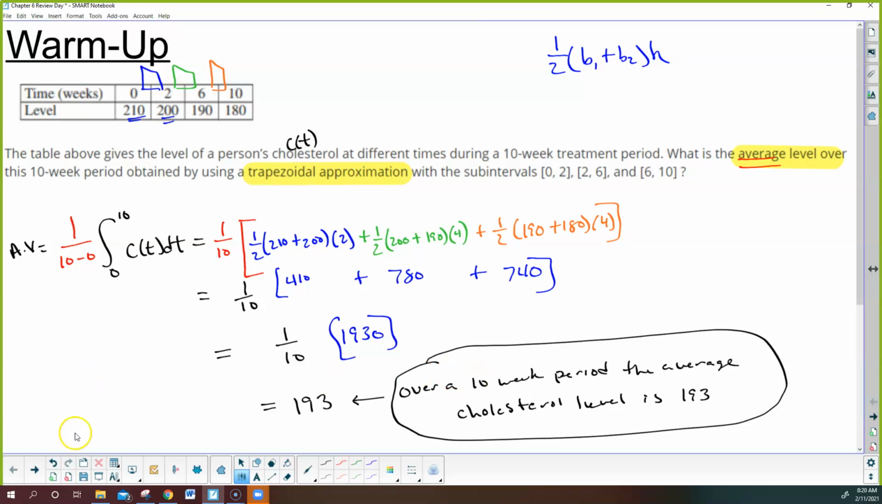Okay, so hopefully you're feeling confident in the trapezoidal approximations, and just be careful when you see that word average. It's like dividing by the entire time period, in this case between 0 and 10, which is 10. All right,